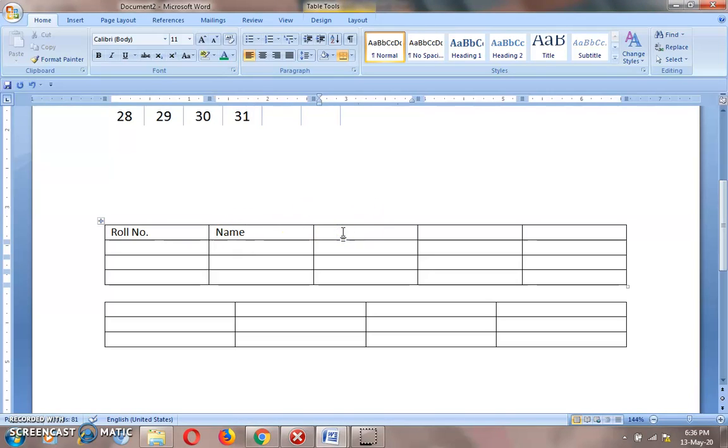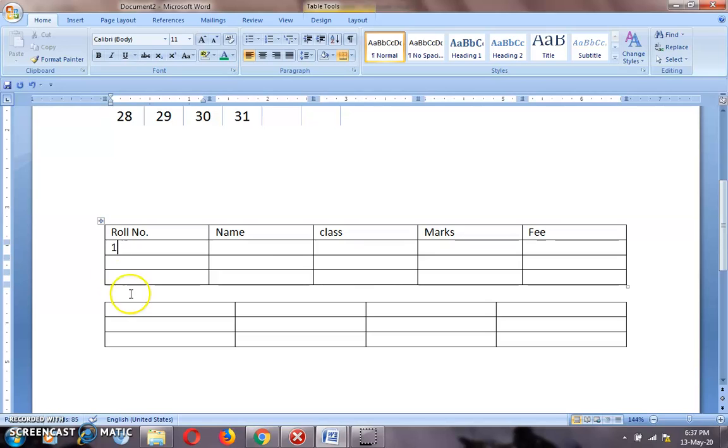And the next column. Marks. Then fee. Like this, you can insert data in your table.